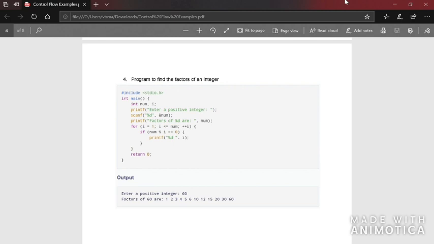So for that purpose I'm using i. The task I'm doing here is the same: I'm taking a number, dividing 6 by that particular number and checking if the remainder is 0. If the remainder is 0, that particular number is a factor of 6.